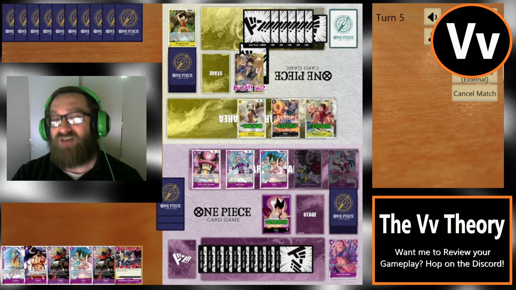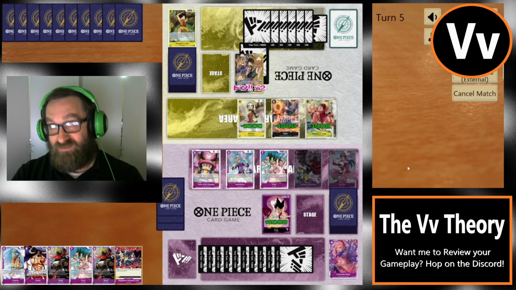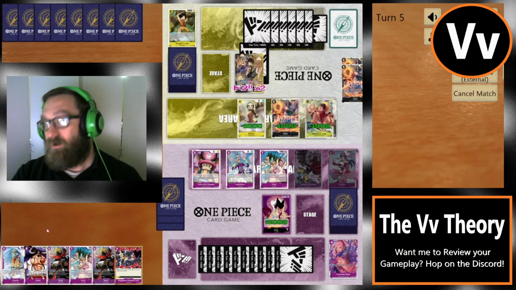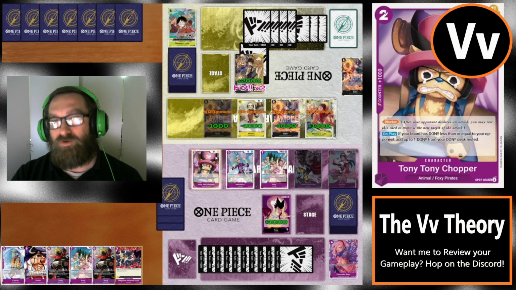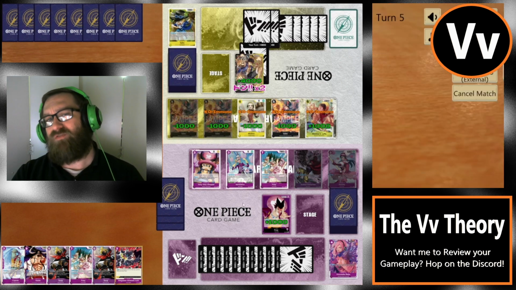Okay, so the Luffy's decided it's time to, you know, their hand is massive. I think they have like 10, 11, maybe 12 cards in hand. They have decided it is time to start setting up for their combos, for their 2-cost character combos. Cheating out the Sabo. Draw 2, trash 2. They're going to trash those. Cheating out the other one. Draw 2, trash 2. So at this point in the game, their hand...